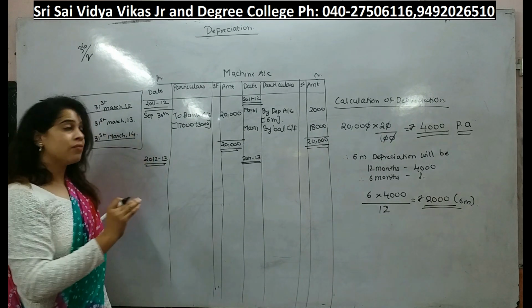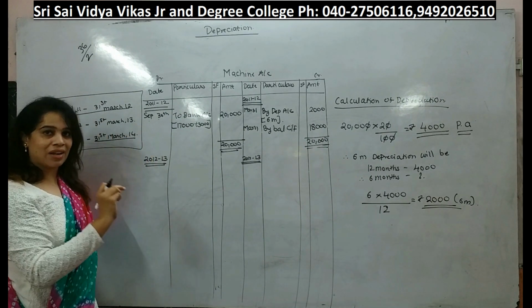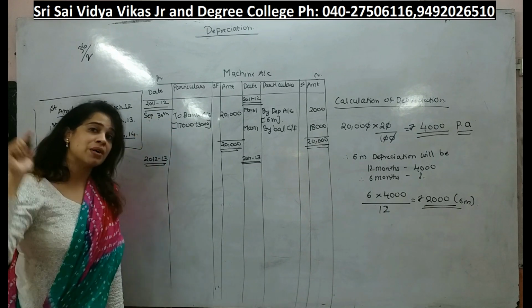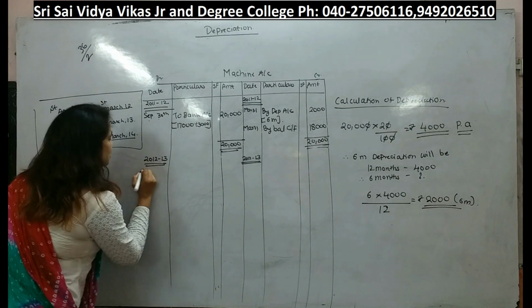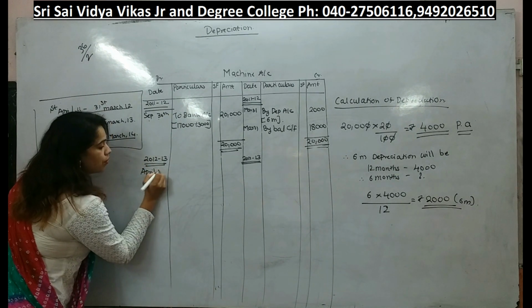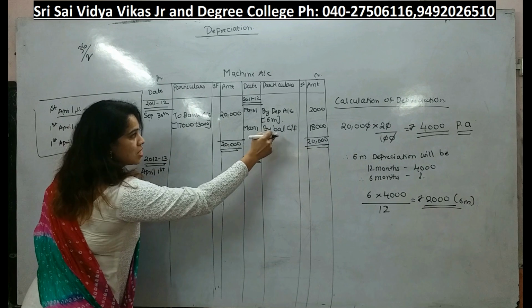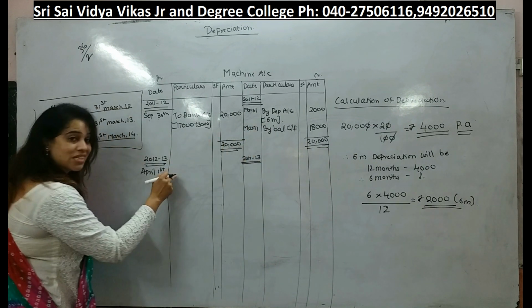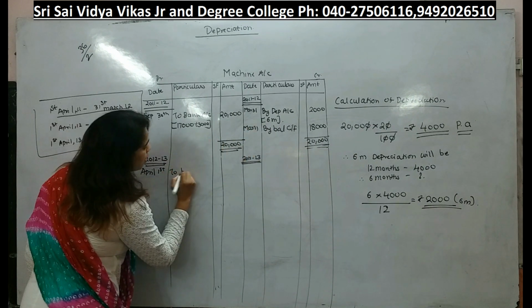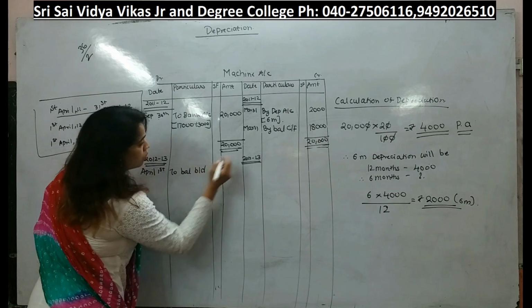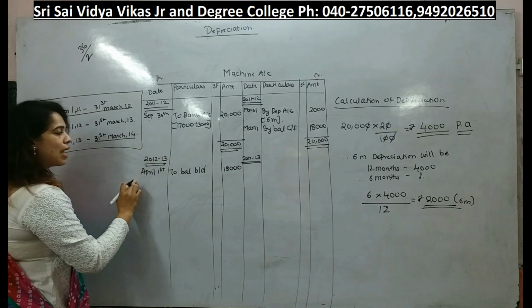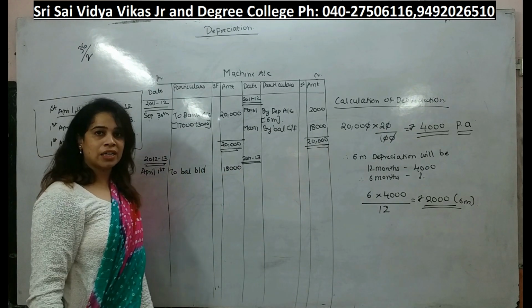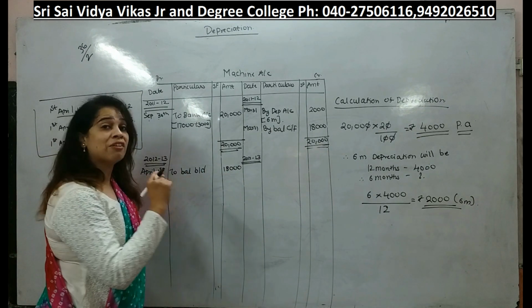Now our year will not start in the month of September, right? In the month of September we have purchased the asset. So that year is gone now. The second year will commence from April 1st, right? So last year's closing balance will become this year's opening balance. So here I will write the balance brought down. How much is it? 18,000. Again in the year 2012 and 13 we have used this asset for 12 months.